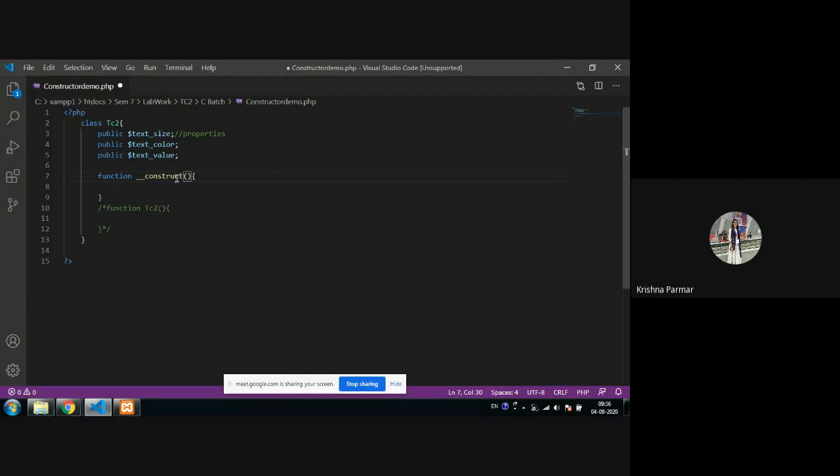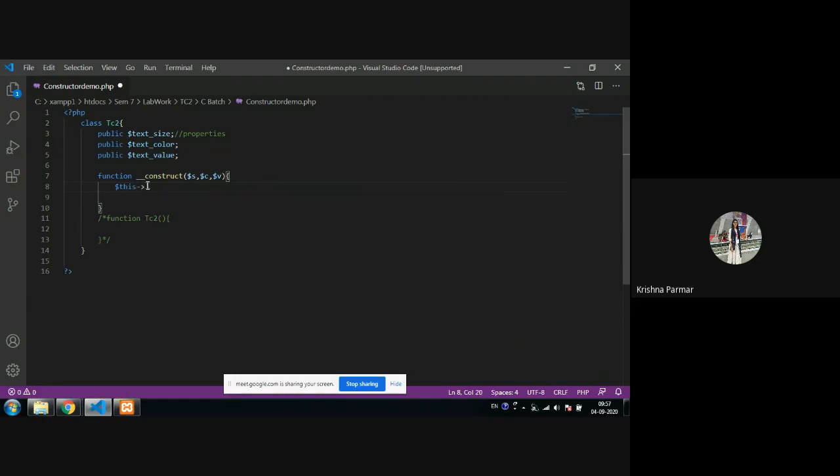Here I am passing three different parameters: S for size, C for color, and V for value. Whatever you are passing here is called a local variable. Now I assign this local variable's value into my class property using the this keyword. If you are using the same name in both places, then you can go for the this keyword; otherwise, it is not necessary.